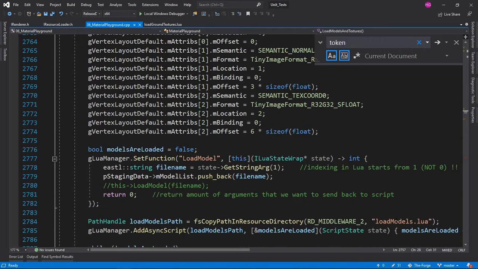So let's see, load models.lua. This is a Lua script here. Function load model here. Lua state, graph state, blah blah. Alright, indexing in Lua starts from 1. Huh.